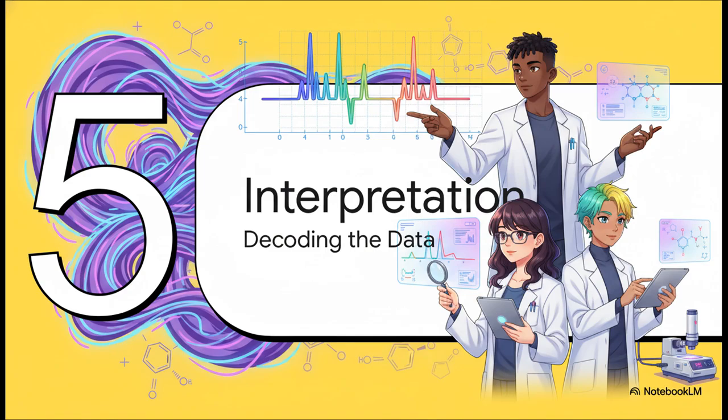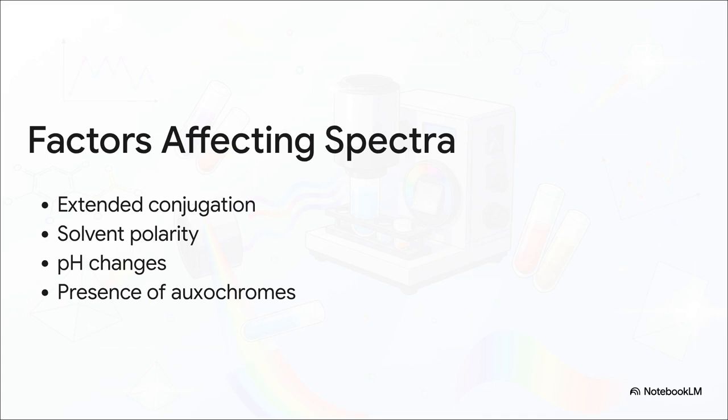Section 5. UV Vis Spectra Interpretation. Decoding the data. When we're looking at a peak on a graph, we have to account for several factors that can mess with absorbance and wavelengths. Solvent polarity can pull a peak one way or another. pH changes can alter an auxochrome like a phenol group. But most importantly, extended conjugation, meaning adding more alternating double bonds, dramatically lowers the required excitation energy, causing a massive redshift. In fact, this is so incredibly predictable that we can use empirical generalizations known as the Woodward rules to actually calculate and predict the exact absorption peaks of dienes and enones before we even set foot in the lab